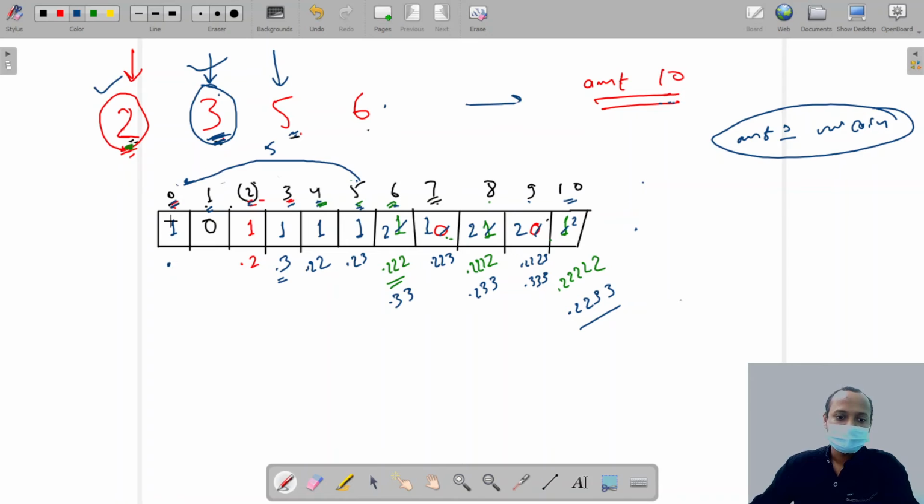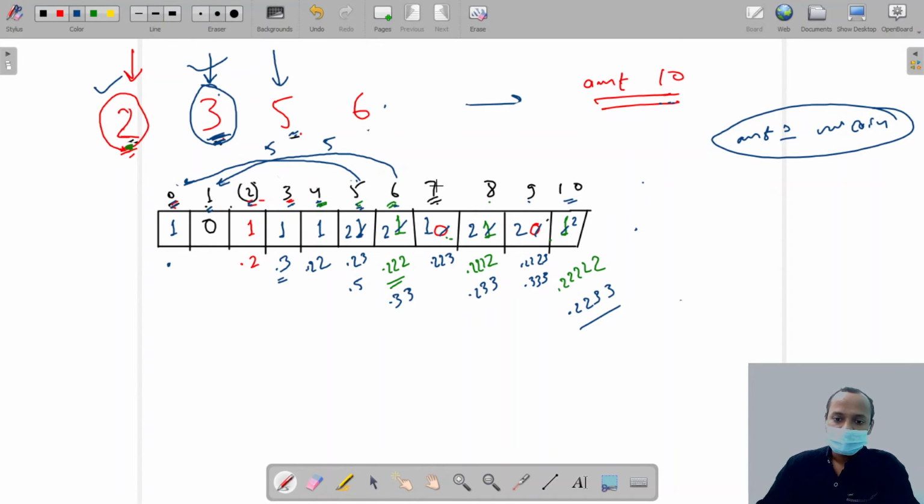And there is a way to pay 0 rupees, that is the empty combination, and we are adding 5 rupees. So here is the way to pay 5 rupees, so here is now 2. Now, can we pay 6 rupees by using the 5 rupees coin? If we use 5, then the amount left is 1, and there is no way to pay 1 rupee. So there is no way to pay 6 rupees by using the 5 rupees coin.